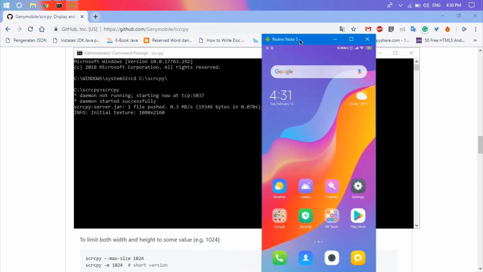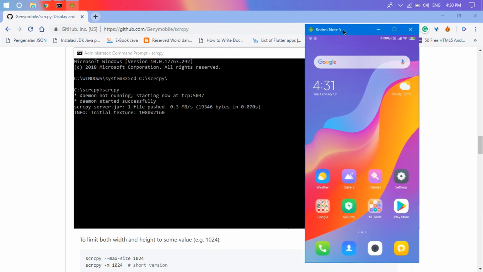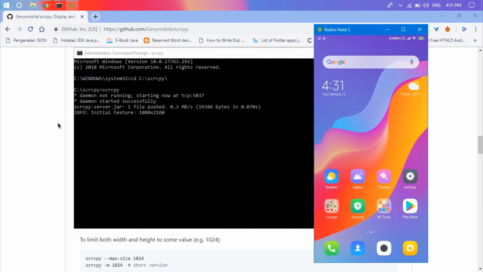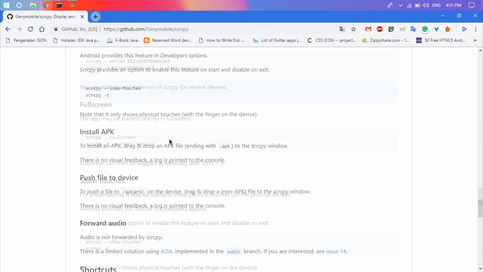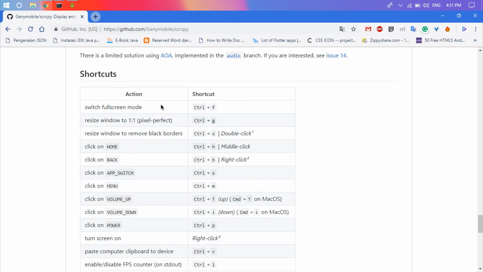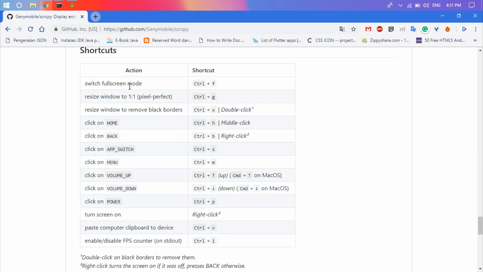Boom! It's super fast, less than 1 second. Here is the screen resolution, my device is Full HD Plus, and we can see shortcuts here. Switch to full screen mode, resize window to 1:1, resize window to remove black borders.